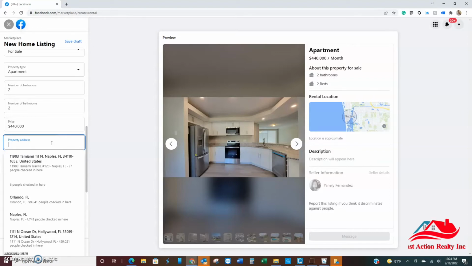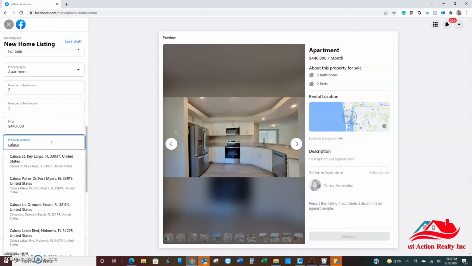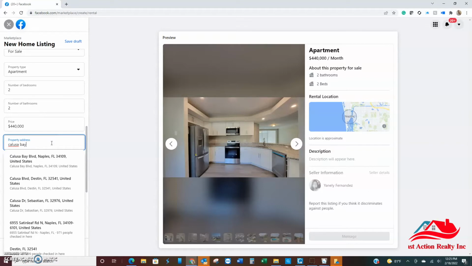But if they happen to have another realtor, if you put that property address on there, they're just going to give it to that other realtor. So you want them to call you because you want them to buy it from you. So it's up to you. It's a personal decision. I don't like to put the exact property address because I want them to call me. Okay. So you can either put the subdivision, the city, the state,